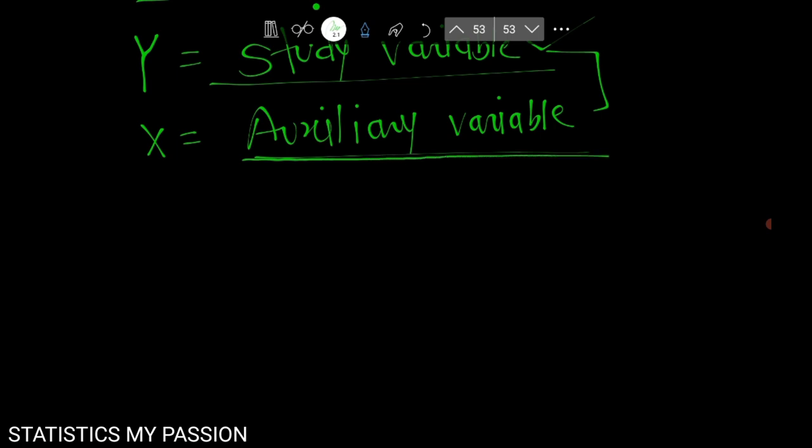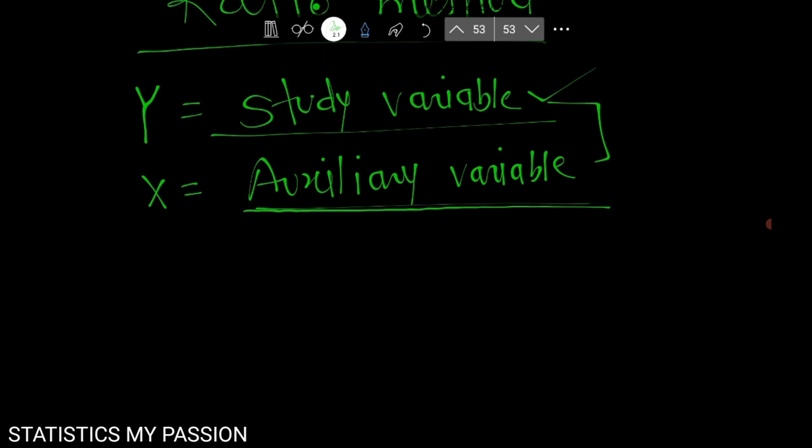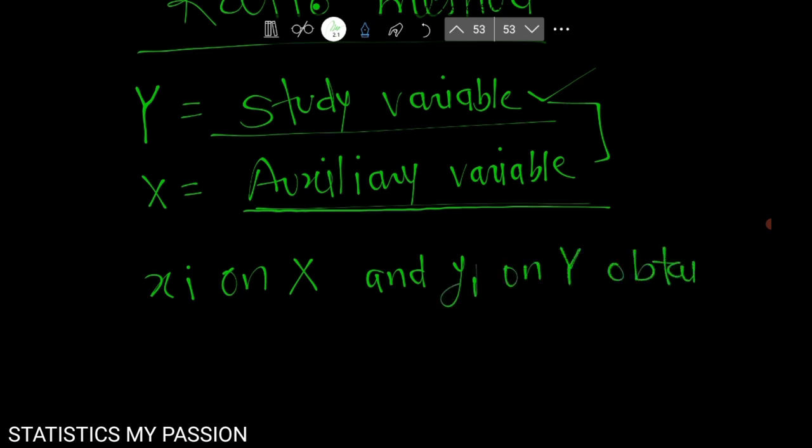The knowledge of this variable is already known, and we get this knowledge from completed census and from earlier surveys. So if xi on x and yi on y are obtained for sampling units,